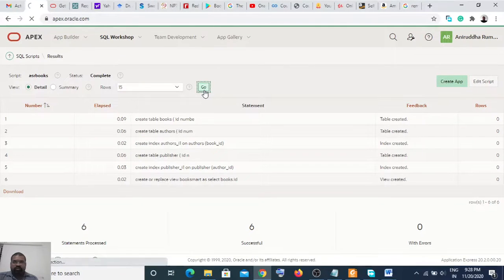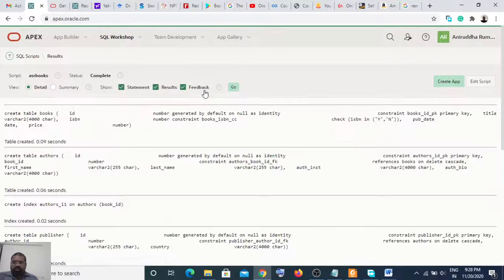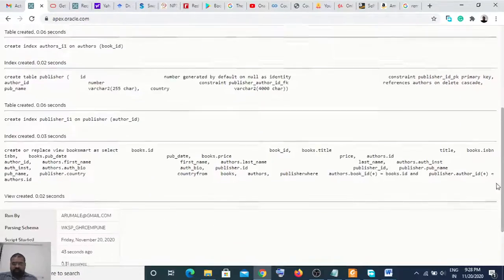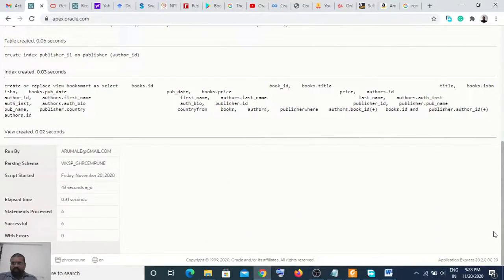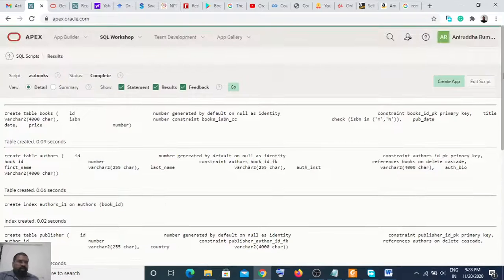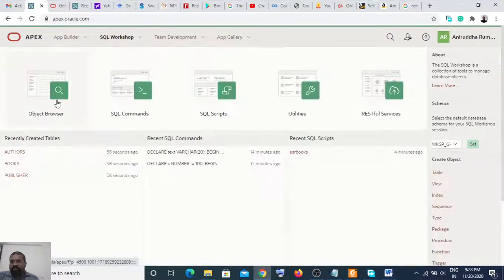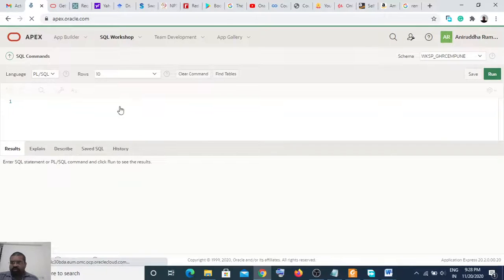For example, if you go with it, it said create tables, book ID, and likewise. So this is how we create things. I'm going to add more, but now to SQL commands.